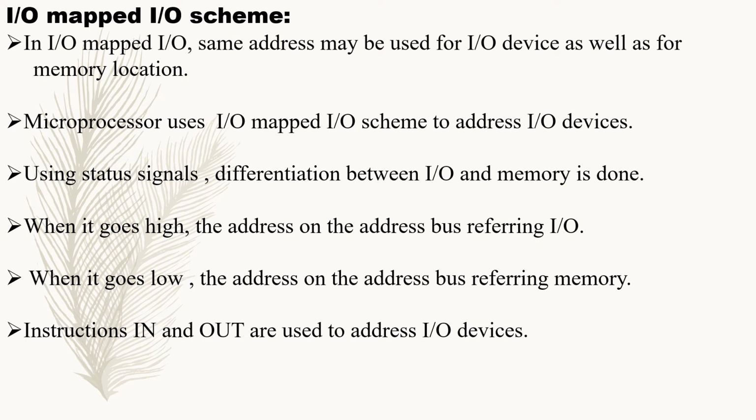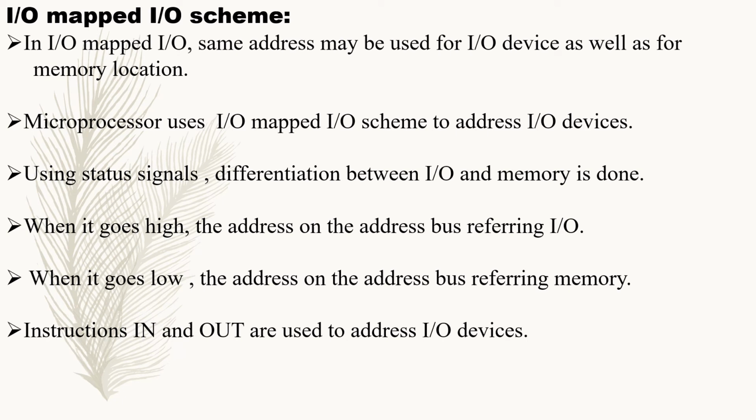We use input-output instructions in order to address the input-output devices. So in simple words, in memory mapped, there will be an address present for the input-output device. In that address, no data will be present, no information regarding memory will be present. But in case of IO mapped input-output, whenever an address is used, for example 0002, the address will be either for the input-output, and in the same address there will be memory also.